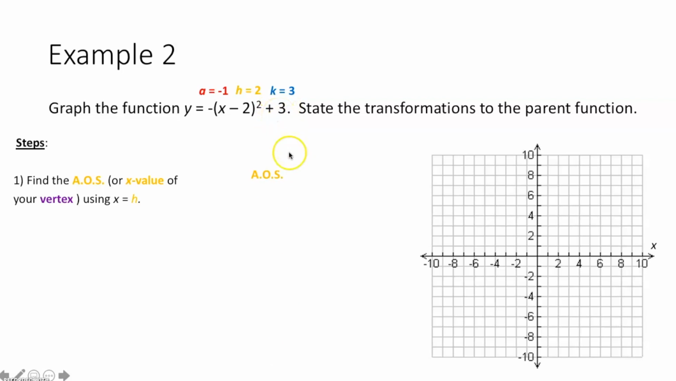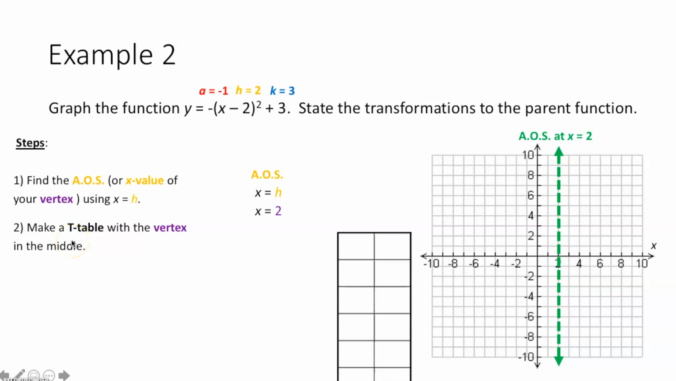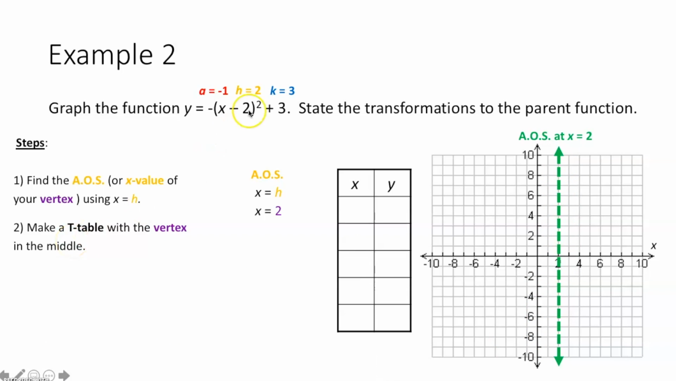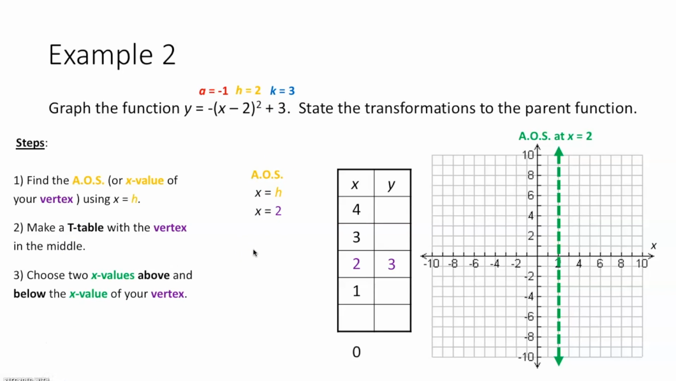We then go ahead and figure out what's our axis of symmetry. Well, it's x equals h. We figure out our h is 2. So x equals 2 is going to be our axis of symmetry. So we go over to x equals 2, draw a vertical line. That's going to be our axis of symmetry. It's going to cut our parabola in half. We then make a t-table with our vertex in the middle. What's our vertex? H, comma, k. 2, comma, 3. We then pick two x values above 2, two x values below 2, and we're going to